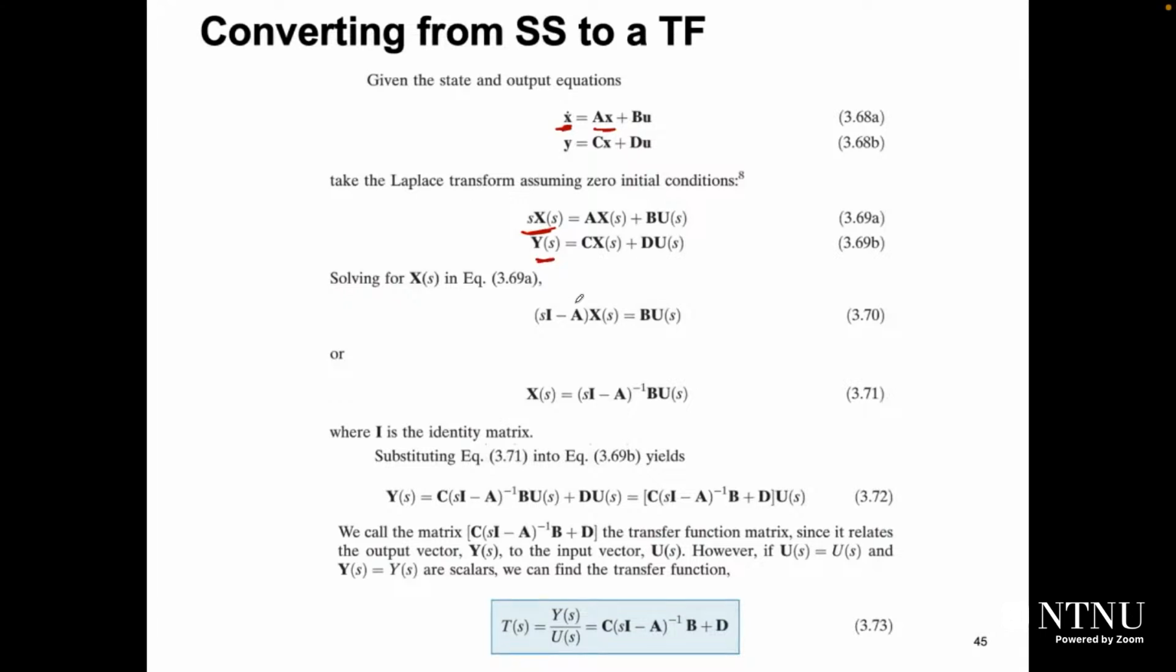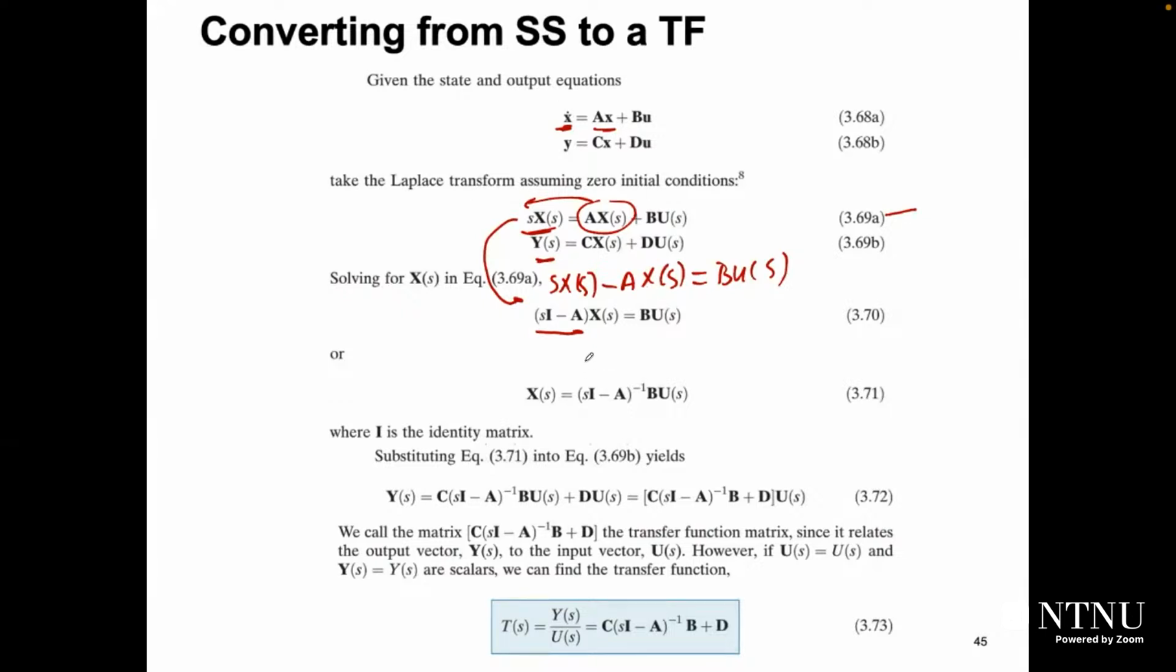We need to get X of s from this equation, because these are my states. So from this equation, we will write it like this: s X of s minus A X of s equals B U of s. So we move A X of s to the other side with a negative sign, and take X of s as a common factor. What will remain here is sI minus A. Why I? Because we are subtracting